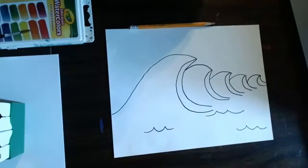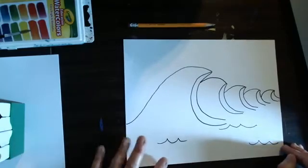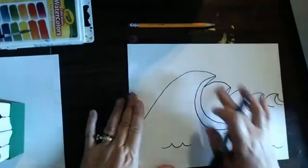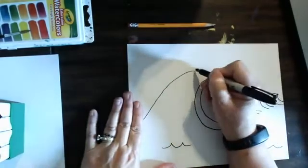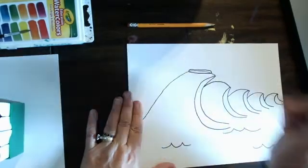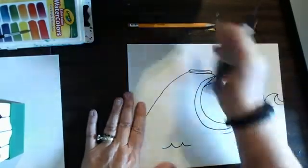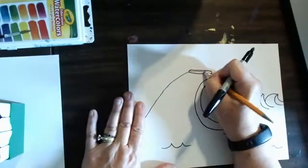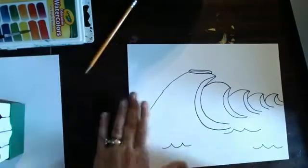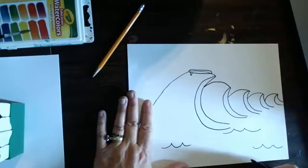Okay. Now, because we're getting close to summer and I would like to get wet, I would like to go to the beach. Let's draw you surfing on this big, huge wave. So we are going to draw a skinny oval like this. And then we're going to erase inside of this so you can't see that line. Okay? Then we're going to draw a little V like that so it looks like the end of,